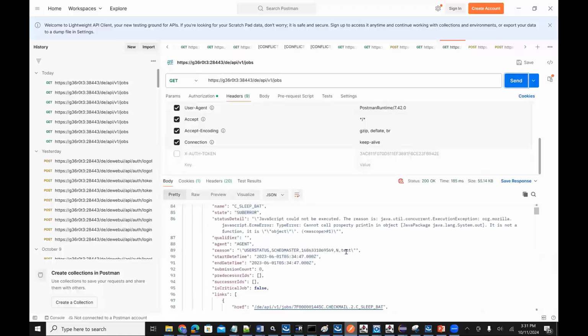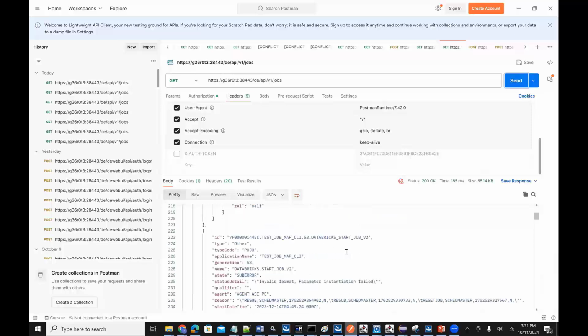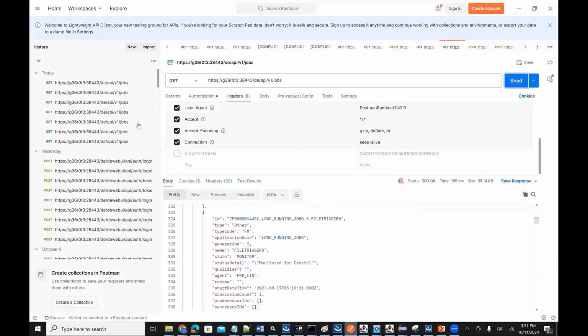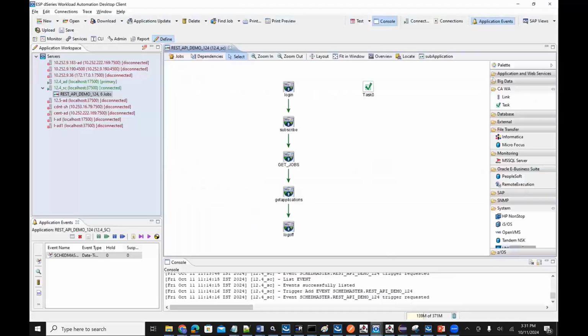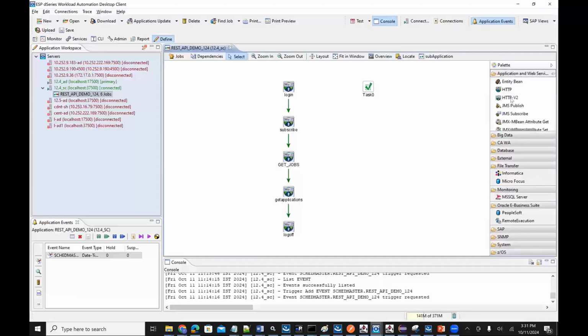As you can see, it returns the output in JSON format. Similarly, you can use the post and other methods using Postman or curl command or any other HTTP REST client. And also, if you are using the HTTP v2 job types that we have introduced,